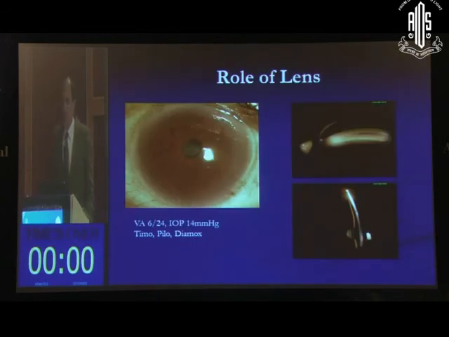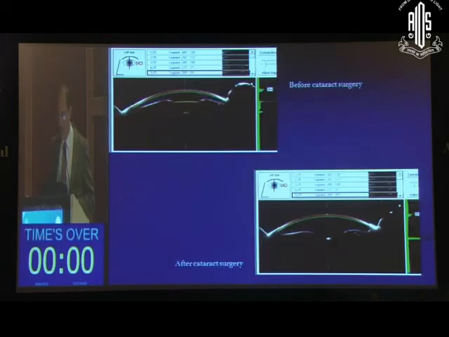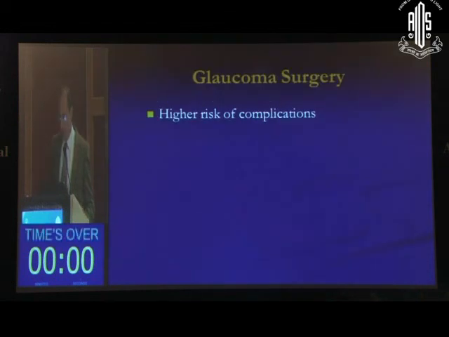In some of these patients, the lens may be the culprit, and this area is still evolving. The role of lens in causing angle closure glaucoma has recently been attracting more attention, but we are still not very clear about its role. But there are certainly some patients with a little bit of cataract, a large lens and a shallow AC, where early cataract surgery does help deepen the anterior chamber, as you can see in these patients. But this part is still a bit controversial and evolving.